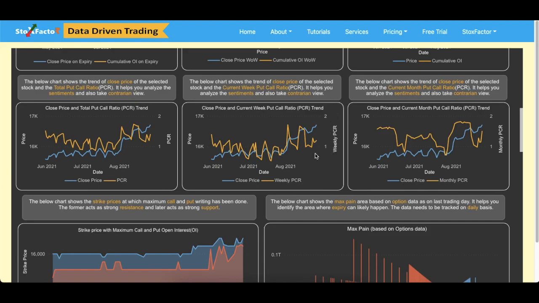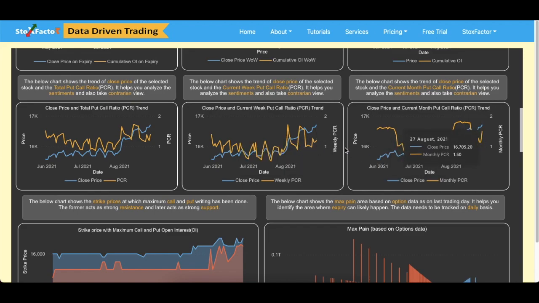Now here, suppose we see a scenario where the monthly expiry PCR level is rising, but in the weekly expiry it is flattish with very small jumps. It means the big players were selling puts, and the put call ratio is in line with the rise in Nifty, which is a positive sign. But here they were taking the opportunity to sell more calls because they were not expecting the index to rise within this week. So they are trying to earn the premium on calls on this expiry, and further the larger trend is on the upside, right?